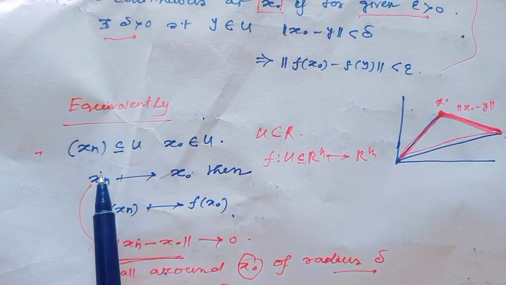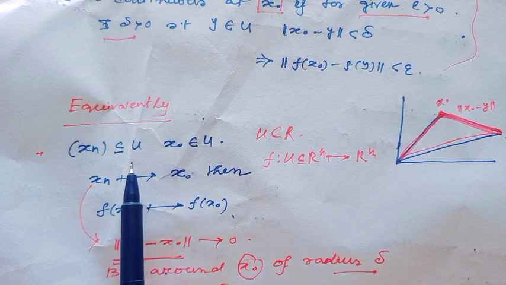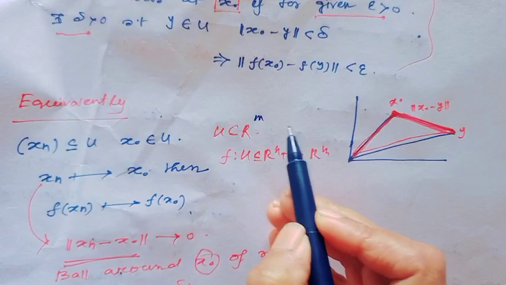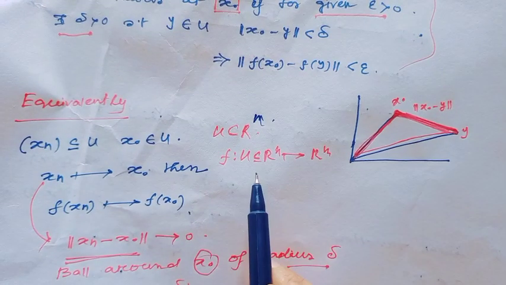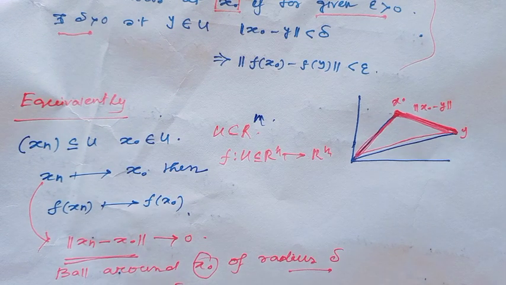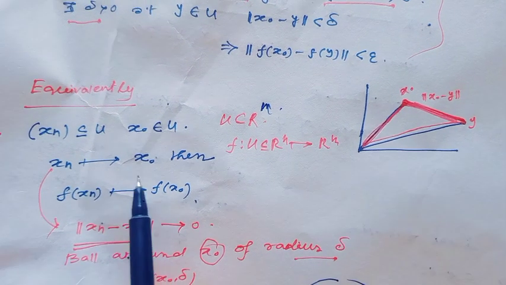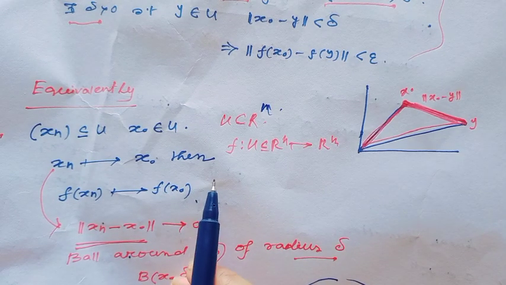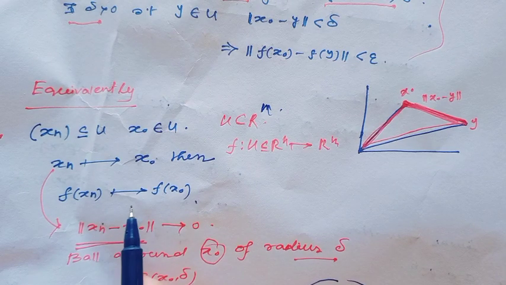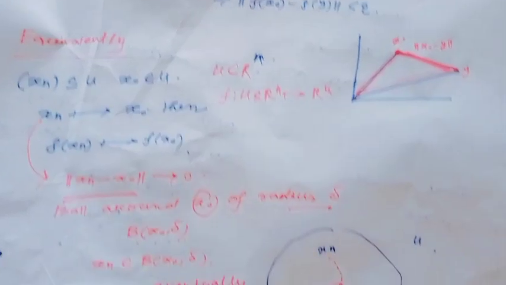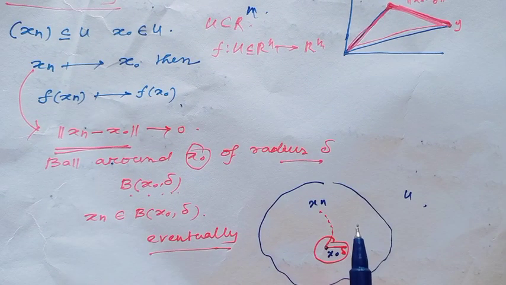If xn is a sequence contained in the subset U, where U is a subset of Rn, and f is a function from U to Rm, then xn tends to x naught implies, if f is continuous, that f of xn always tends to f of x naught. And xn tends to x naught means, since here it is multivariable calculus,